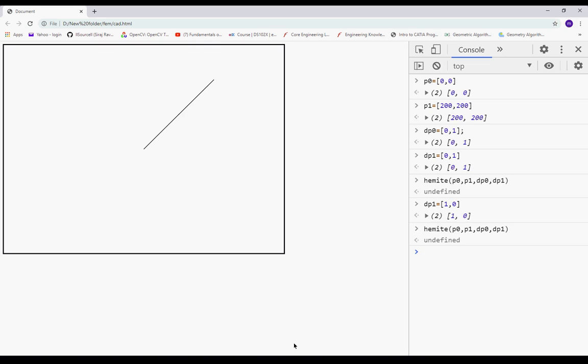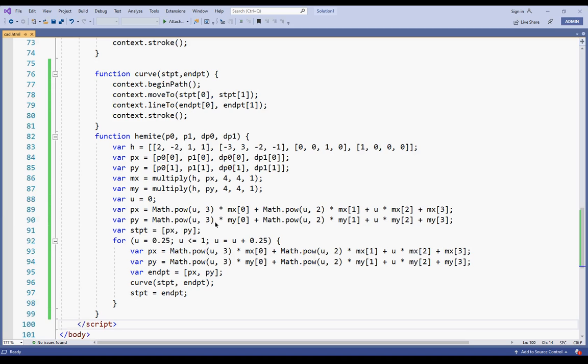So what I do, I just go ahead. This is always going to be px, py, multiple values.